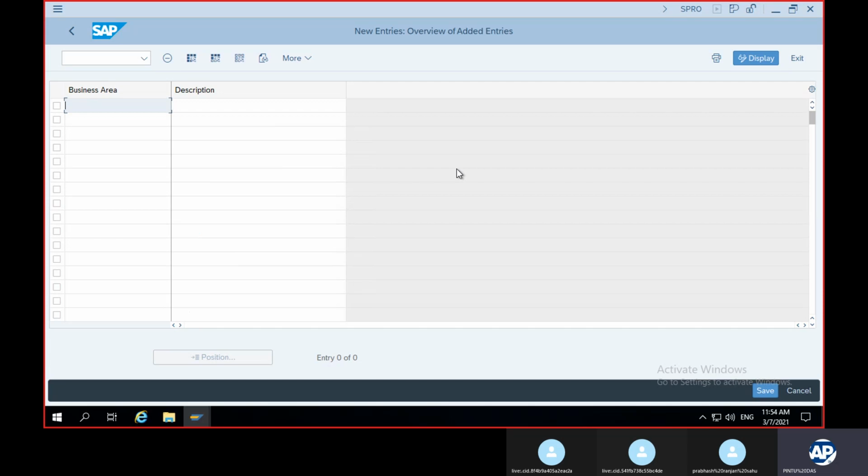Okay, so let me create a business area. TA is for Tata, first letter KL. So write Kolkata office.